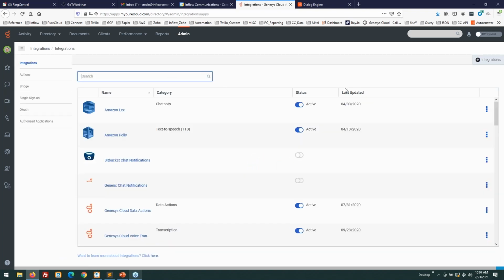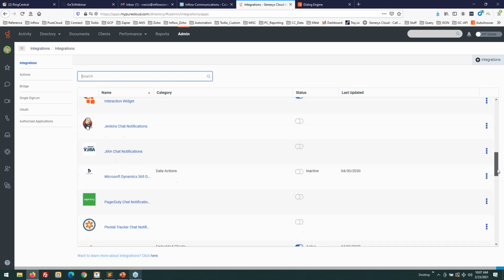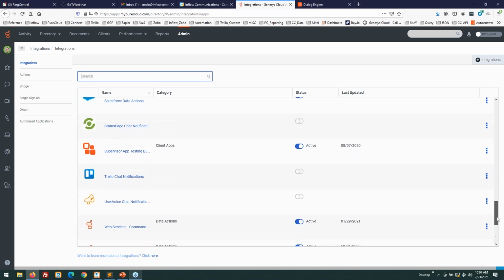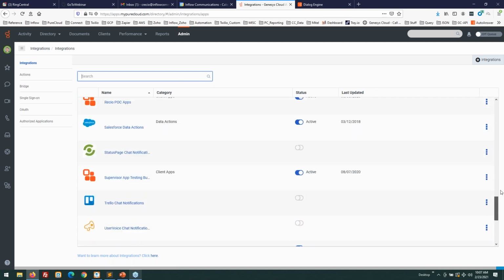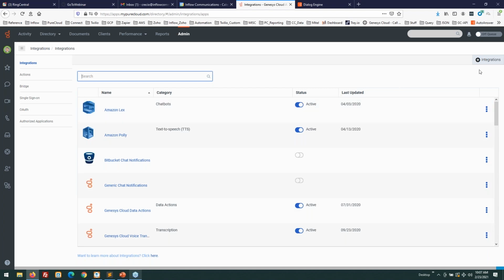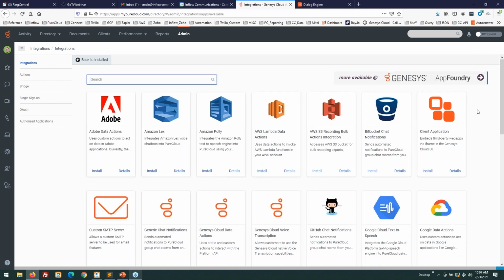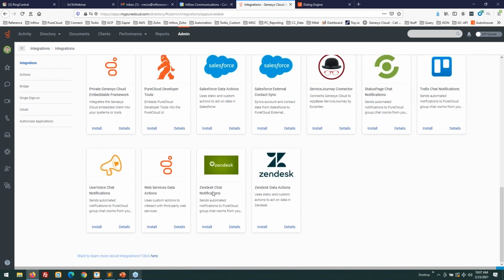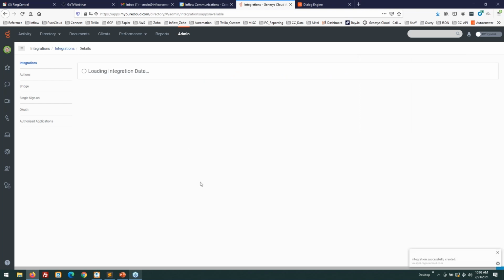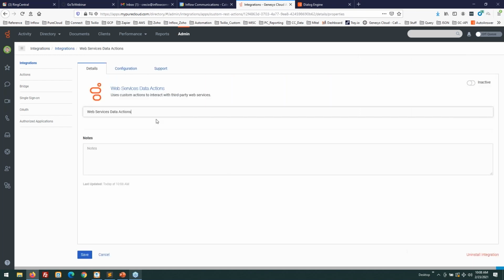Now under integrations here, I've got several integrations, one of which is a web services integration. So if I go to the bottom here, you can see my several web services integrations. The way I got to the web services integration is in the upper right-hand corner. I hit the integrations button. Thankfully, what's built into Genesys is the web services, what I loosely call the plugin down here at the bottom. Once I have my plugin identified, to install it, you select install. Now it will come up with the next iteration.